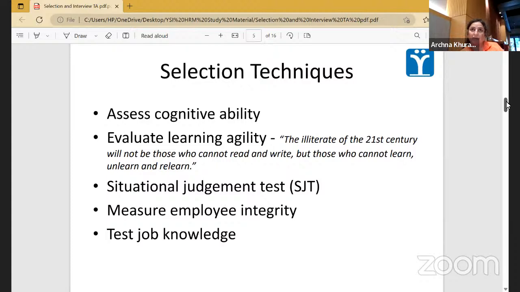So to assess these different kinds of abilities, skills, and competencies, a lot of HR people and psychologists around the world have created psychometric tests. We also call them assessment tests. These are a few techniques that we generally use during interviews. The accuracy of these tests or assessments is not 100%, but they are somewhere between 70% to 90% accurate, depending upon the personality traits and abilities of individuals.